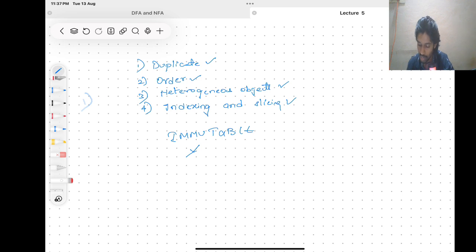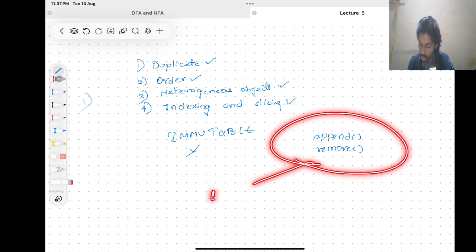Can you say append and remove are applicable in tuple? No, because append is used to add new elements. When we can't change anything, how can we add new elements? How can we delete elements? So these two methods are not applicable